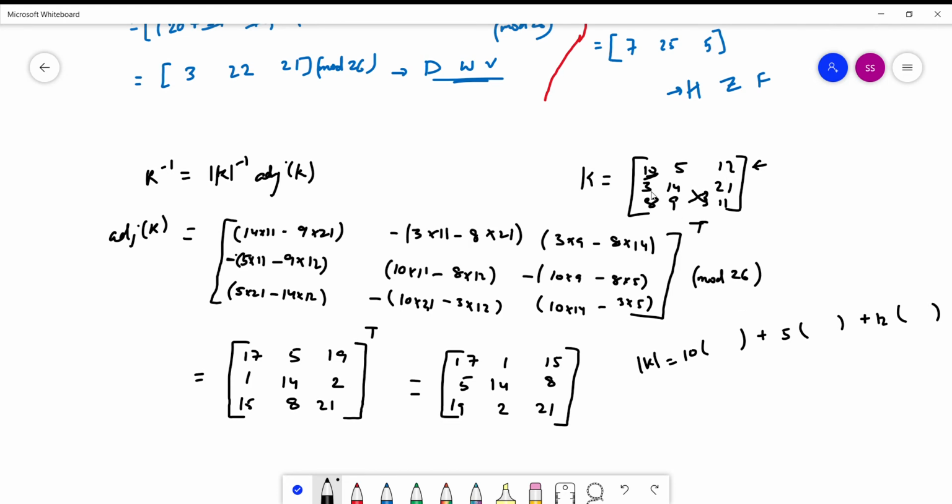As we know, the cofactor for 10 is 14 into 11 minus 9 into 21. That's what we did here also. So instead of solving this again, I will choose these values because these are cofactors of those elements, and just write 17, 5 and 19. So if you solve this in mod 26, you will get